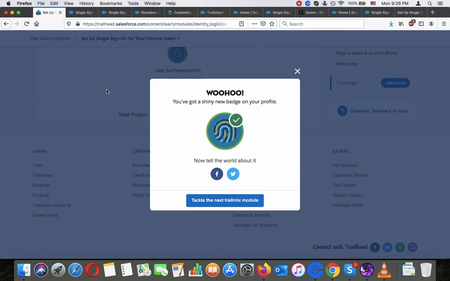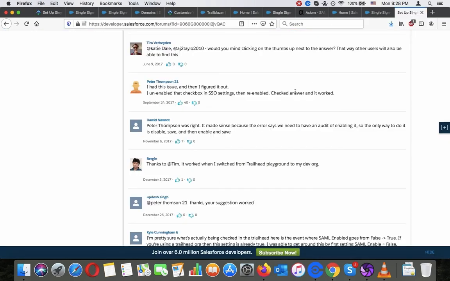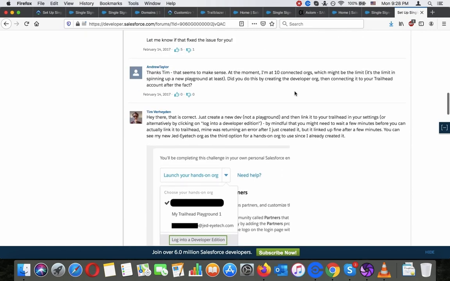So I redid the whole process using a new account. I basically Googled around a bit and I found this information here. Just create a new dev, not the playground, link it to Trailhead, and